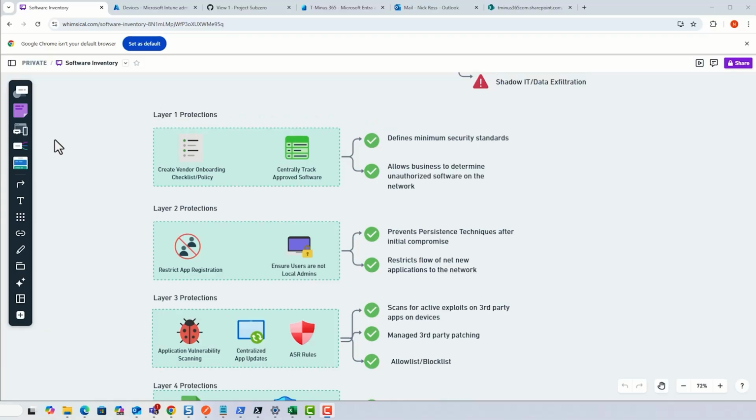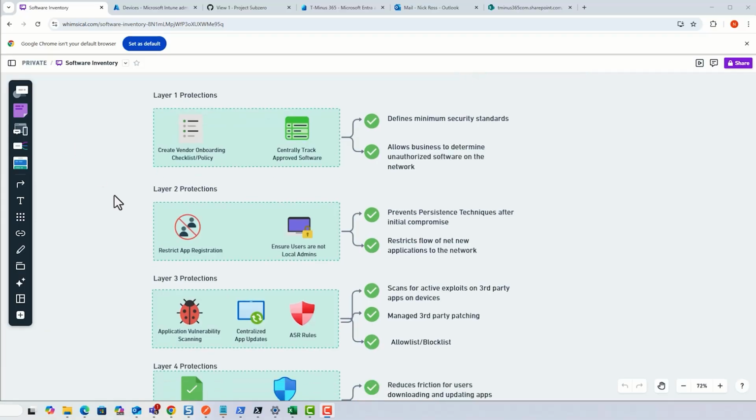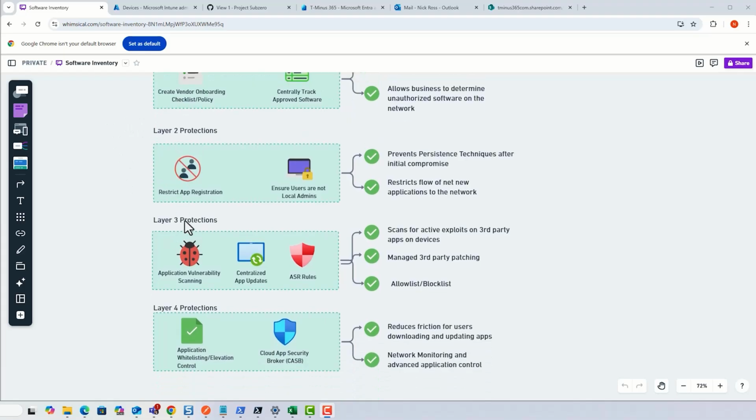Okay guys, so you've been following along with the channel. I've been doing this little mini series on secure application management. We've been going through some of the layer protections here. Today, we're double clicking into layer 3 protections for these attack surface reduction rules, which really takes a look at locking down things a little bit more at the application layer for things like running macros, running processes, or scripts that are truly unauthorized. So let's pop into the Intune Admin Center to look at how you can